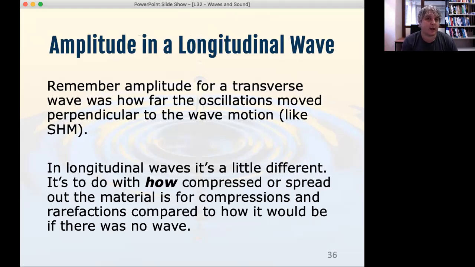Transverse waves, I expect you to be able to calculate and do measurements based on amplitudes of waves. I don't expect you to for a longitudinal wave. I expect you to understand what it is though. And that is the difference between how compressed and spread out those compressions and rarefactions are compared to if there was no wave there. So compared to just your default density everywhere. So how big is that change in density or change in compression,